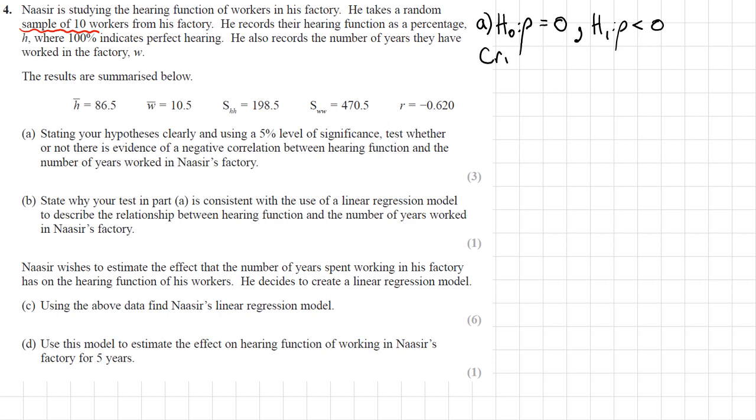So we need to look up our critical value from the formula book, and that's going to be for a 5% level of significance, and N is going to be 10, that's our sample size, and that gives a critical value of